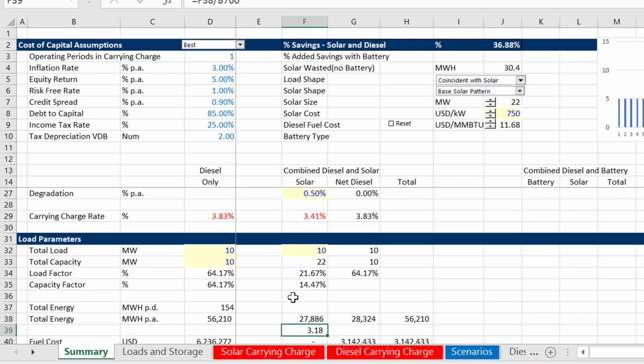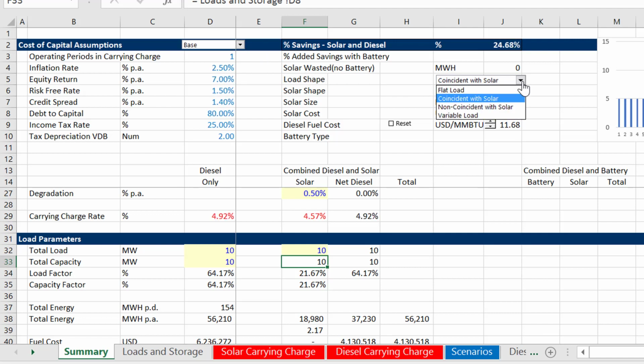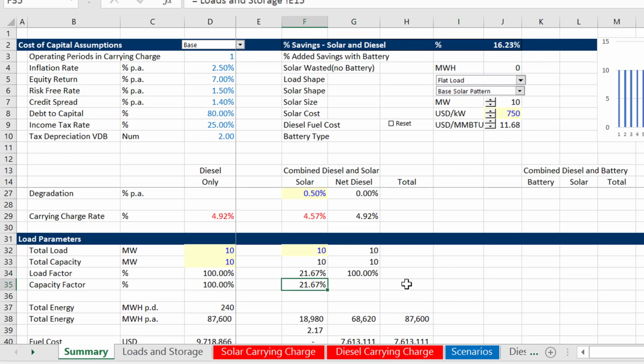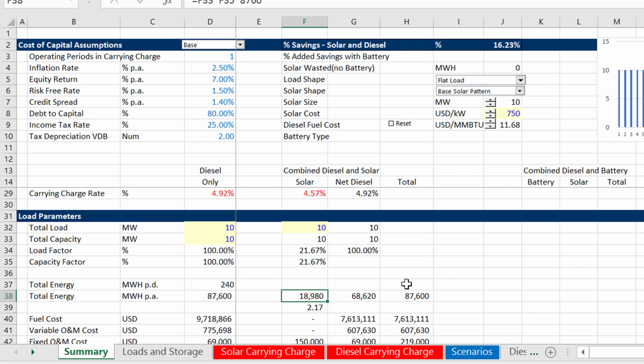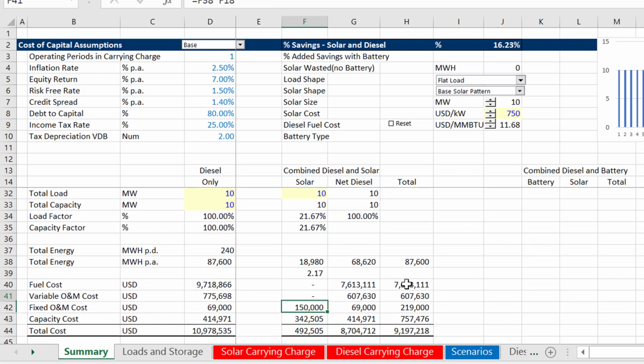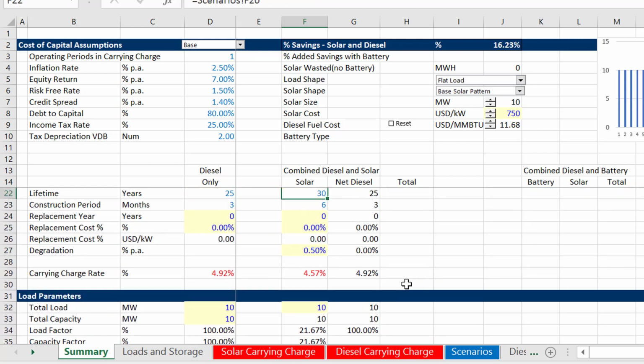Now, for the solar, we can look at the pattern, and we can size our solar differently. What we could do is just size it to the maximum load. That's one of the things we could do. I'm on the best case, and I'm going to put this up to the base case. Then I'm going to change this to a flat load. Notice how everything's changing when I do that. Let me try to explain a little of what happened. If I have this simple flat load,